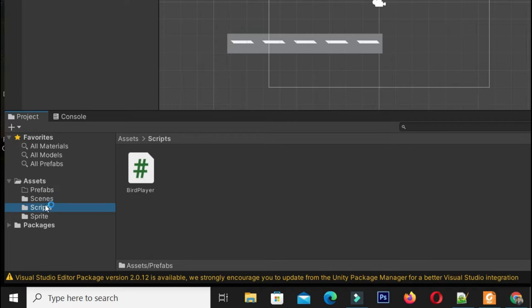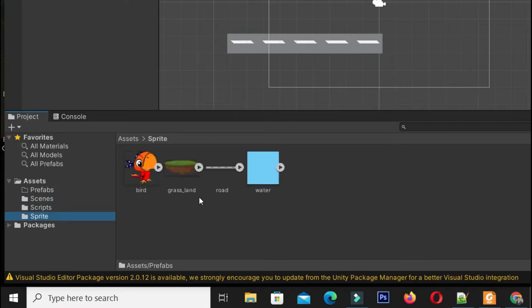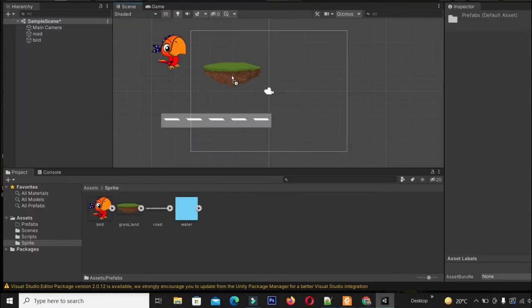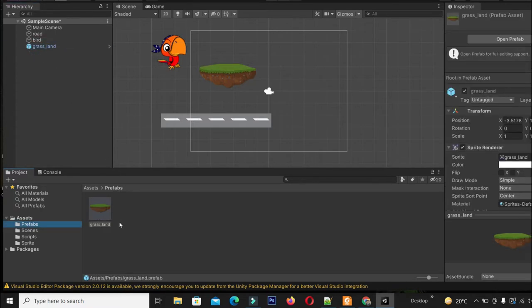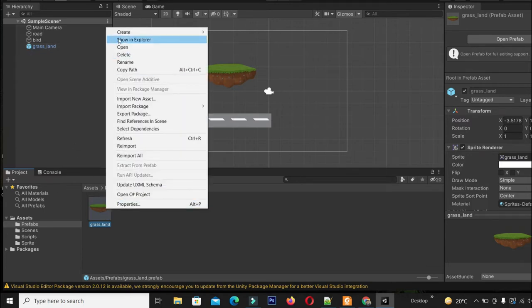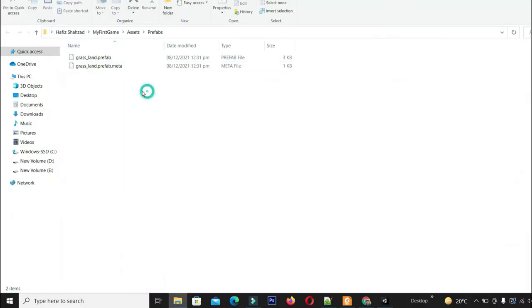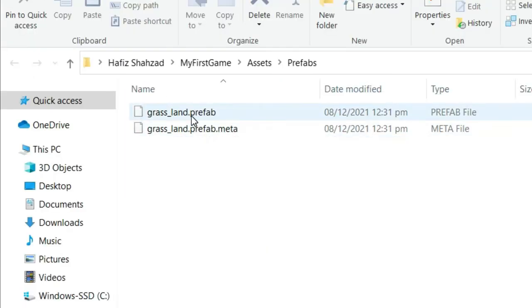Now we have to select a sprite here, for example grassland, and then simply drag and drop it into the prefab folder. You can see all the prefabs will be highlighted as a blue box on the left side. If I go into its folder, we can see that a prefab has the special extension .prefab.